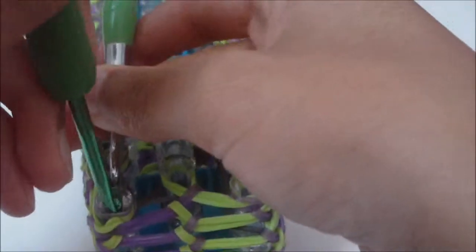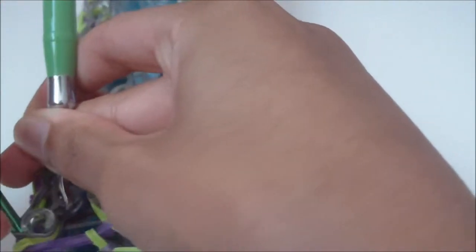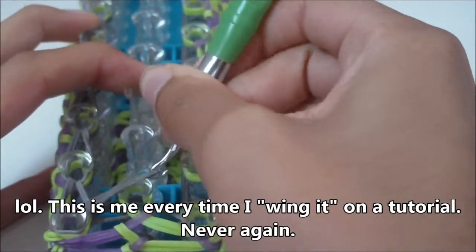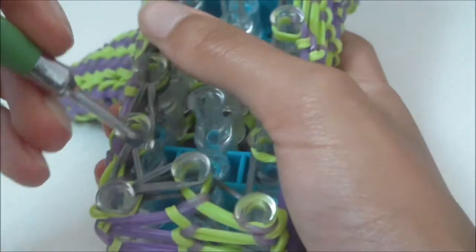Okay, I'm bringing my old metal hook into this. Oh my god, Loom, please don't break. I love you, Loom. Please, thank you. Okay, well, once you have these two...